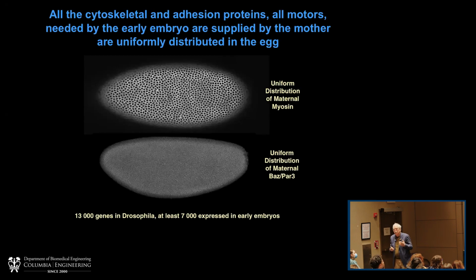What we know, and this is from large numbers of genetic screens, is one of the peculiarities of embryonic development, but especially strong in Drosophila, is that the mother, when she makes the egg, puts almost every protein that you know about in the egg. All your major cytoskeletal proteins, all of the adhesive proteins, myosin motors, all of those proteins are supplied uniformly in the embryo. So to put myosin in one particular place or in one particular cell does not involve the transcriptional control of myosin. Myosin is there.